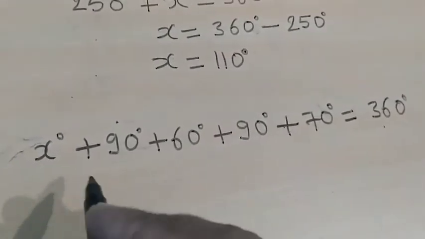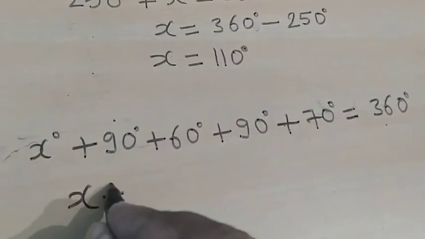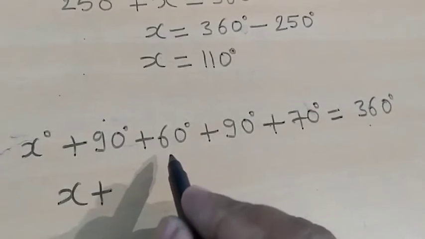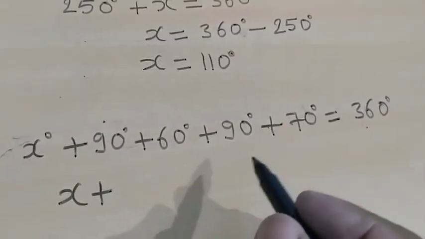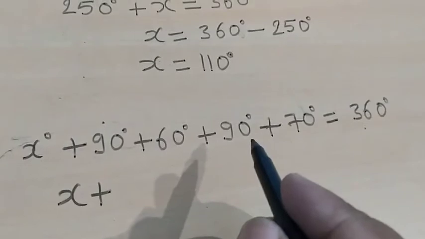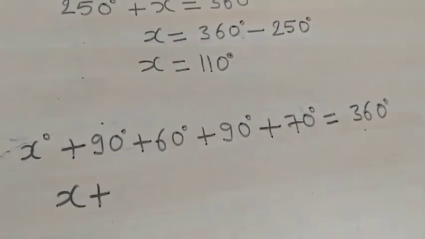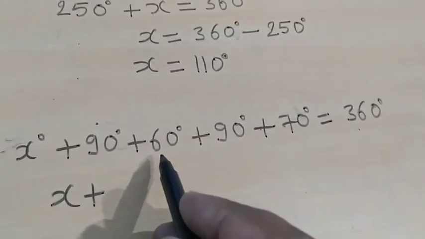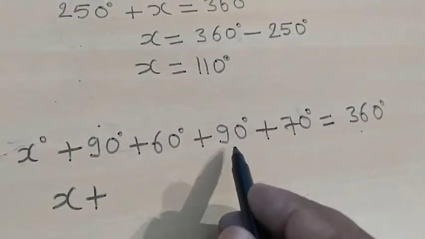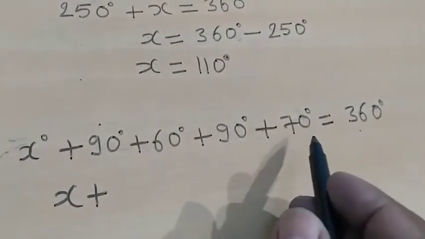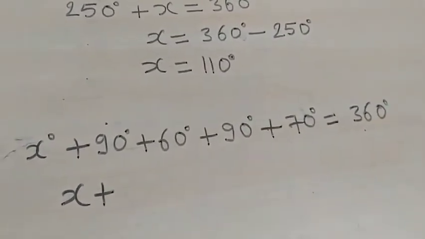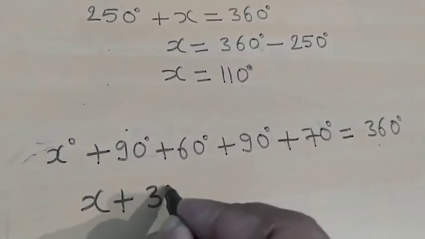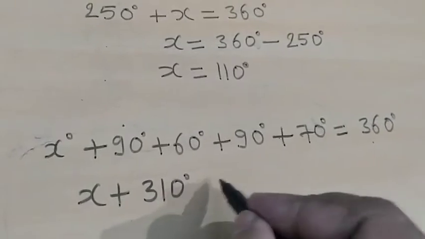Sum it. So first write x plus 90 plus 60 plus 90 plus 70. Okay, so it becomes 150, 150, 240, 240, 310. Okay, so it becomes 310 degree is equal to